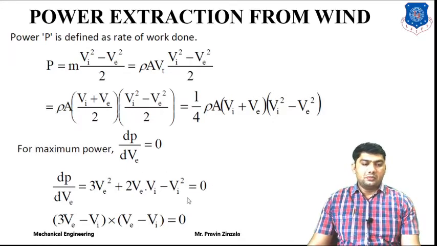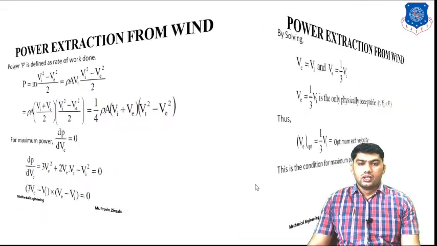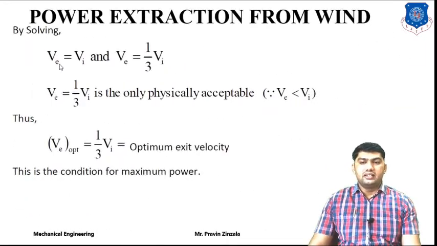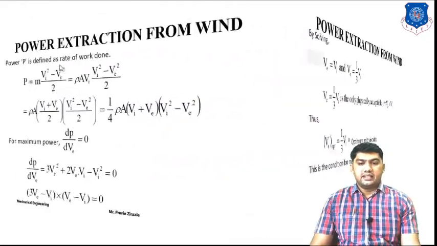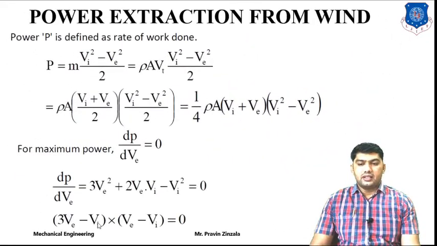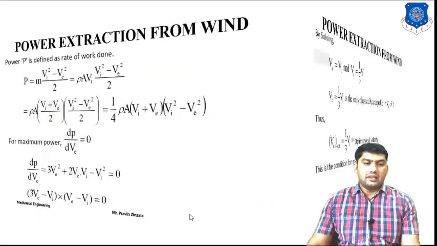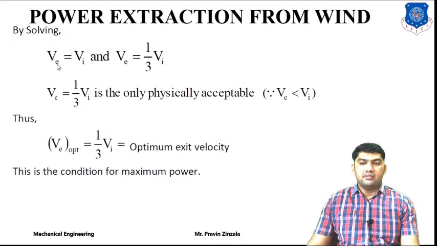By simplification of this equation, we can also get 3V minus Vi into V minus Vi. This is the mathematical equation. Or we can also say 3V minus Vi, V minus Vi. So finally we get 3V minus Vi into V minus Vi is equal to 0. By this mathematical equation, we will get the conditions V is equal to Vi, and V is equal to 1/2